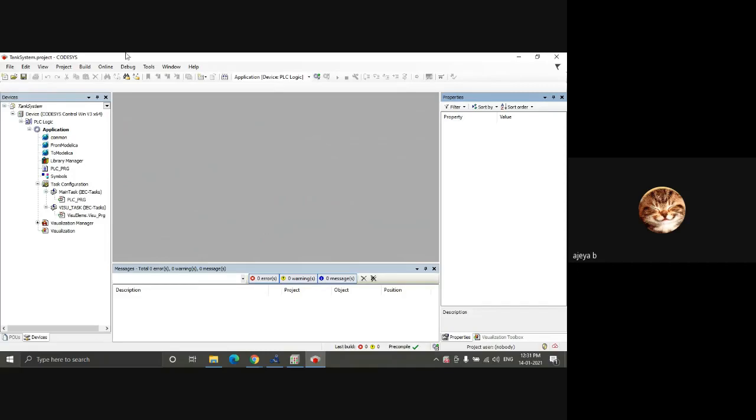As you can see here, in the visualization subsection, there's only target visual. Target visual means the visualization will only be on the target PC, that is, on the PC you're developing on. So that won't be available in Chrome or any web browser. To enable it, double click on Visualization Manager.